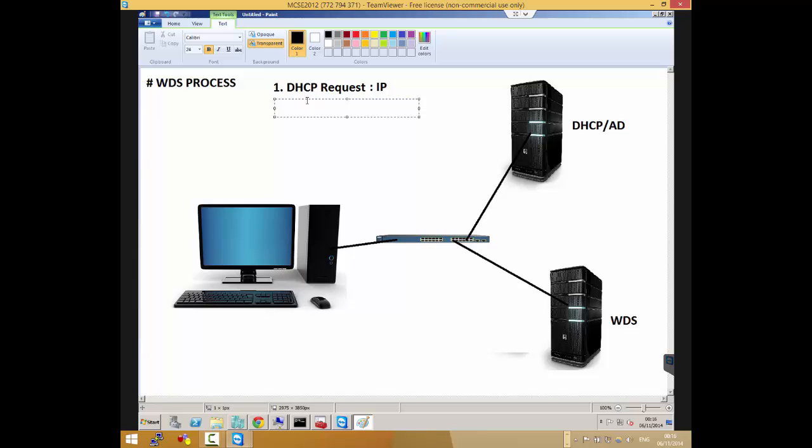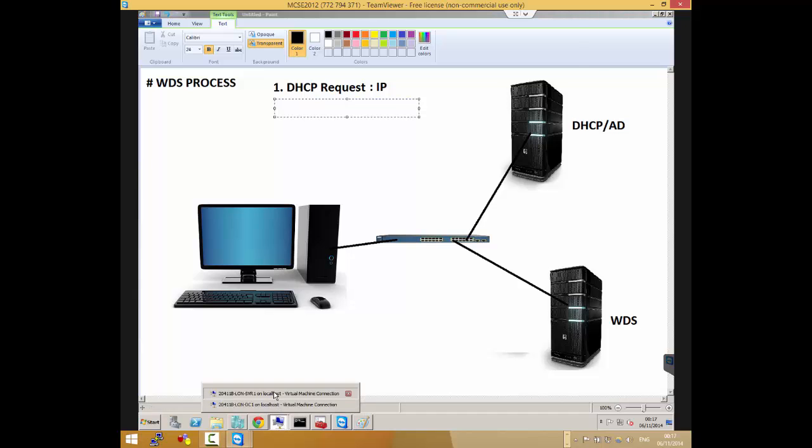So you'll get a response back of any available boot servers, which WDS would show up as one. You can select the WDS server. Once you select the WDS server, it'll load up and give you the options of images you can select from. You select the image. A lot of times you have to use your administrative login. You set the login, and then the image gets applied to the workstation. So actually, let's find out.